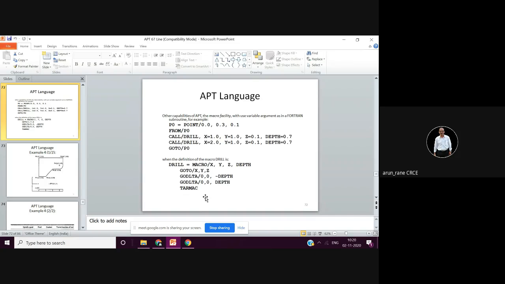Accordingly the number of holes will be drilled here, and go DLTA means machining will be done in feed. Then finally tarmac. Tarmac is nothing but the termination of the macro, or the end of the macro.